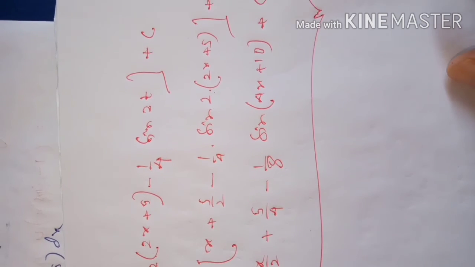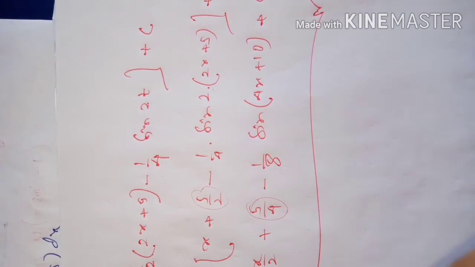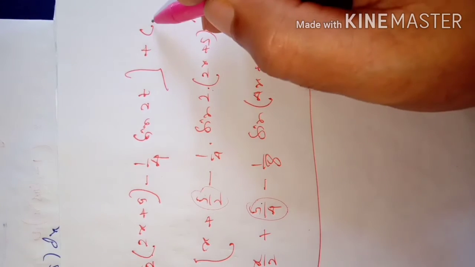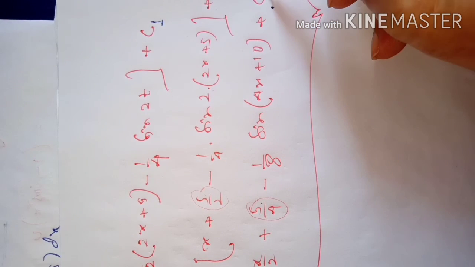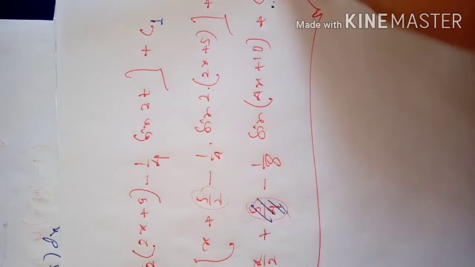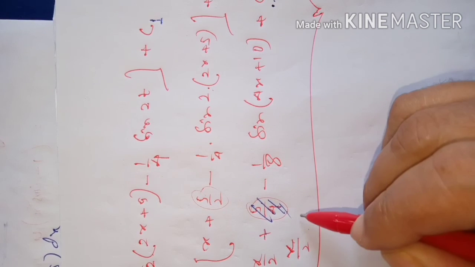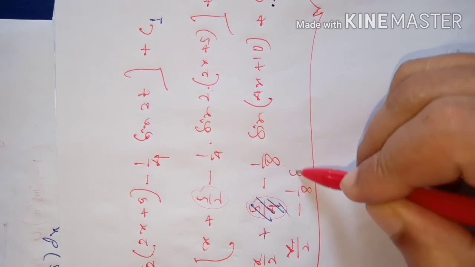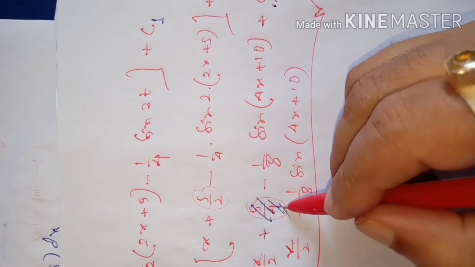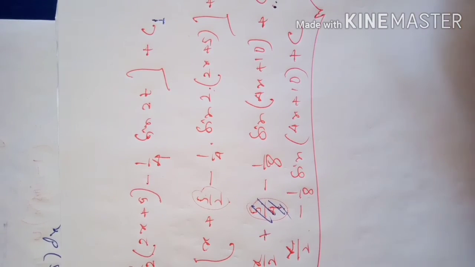Here we can do one thing, just see, this will be the answer, but one more thing: this 5 by 4, is it a constant or not? This is a constant, so we can merge this constant with this constant. If we say this constant is c1, then this constant you can say as just c without writing this one. If we don't write this one, it will be just merged here. That means our final answer can be like this: x by 2 minus 1 by 8 sine 4x plus 10, and this constant and this constant together will be a new constant, say c. So this will be our final answer.